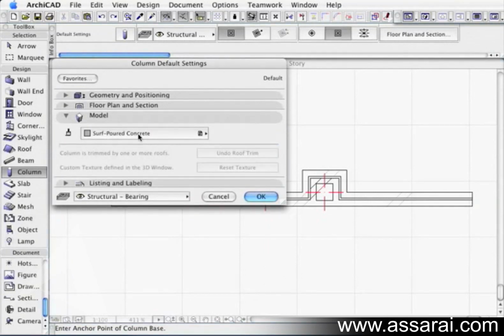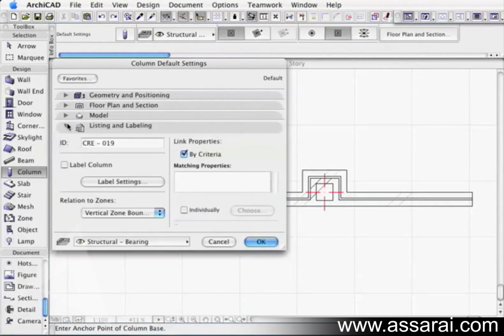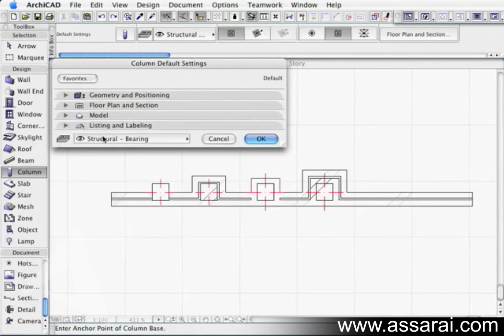Once again, you can choose any material that you've made or already listed in ArchiCAD, and we can also list and label every column. So the layer that we're on is the structural bearing layer, and as I push OK,